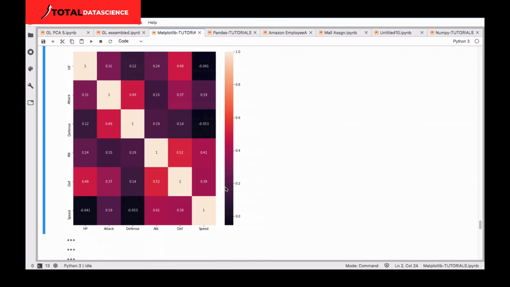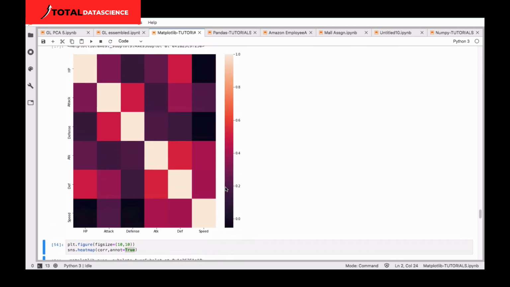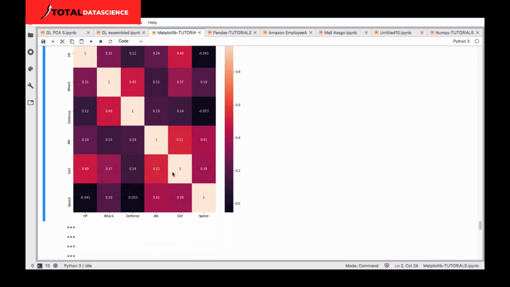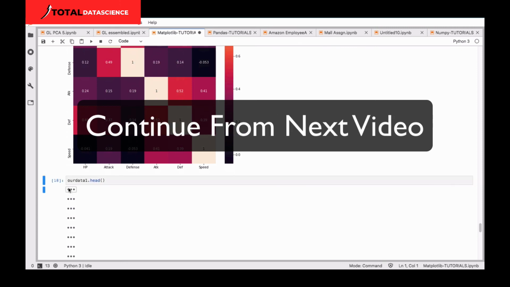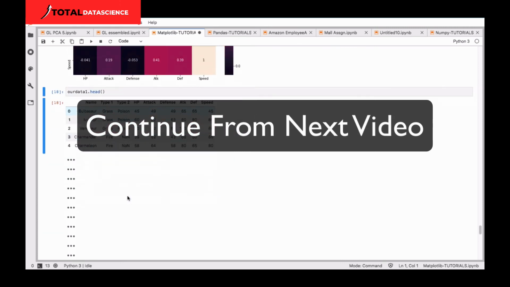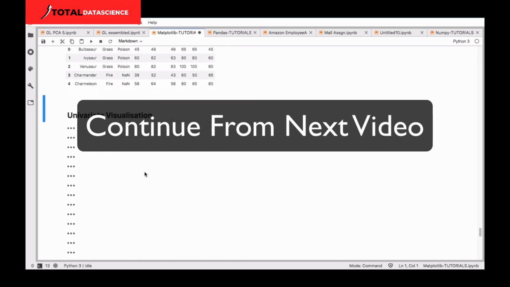Okay, so let's go back to what we were doing. We've been able to plot this, and we've also been able to show these annotations on top of it. All right, now let's actually move on and see what we are dealing with and what we can actually